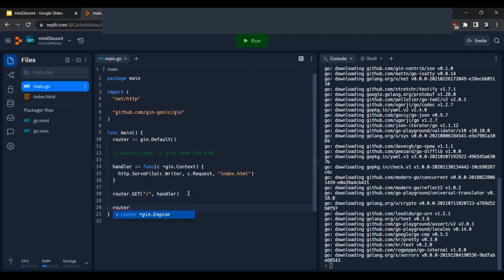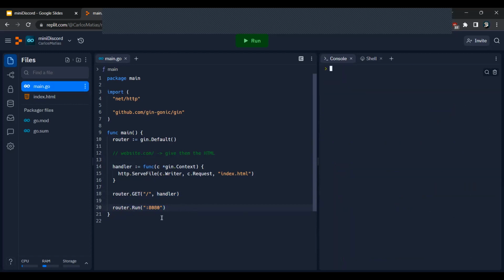So the next step is we're going to go to that router and run it, on port 8080 of Replit's computer. Let me just clear this on the right side. I'm not a big fan of this run button. Sometimes it doesn't work as expected, so I'm just going to do it manually. In Go, you just say go run, and then the file that you want to run. So if we run this file and give it a second,